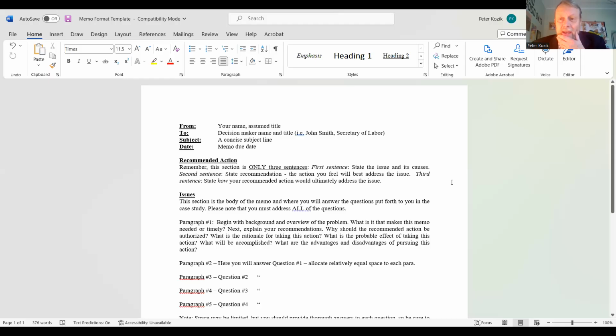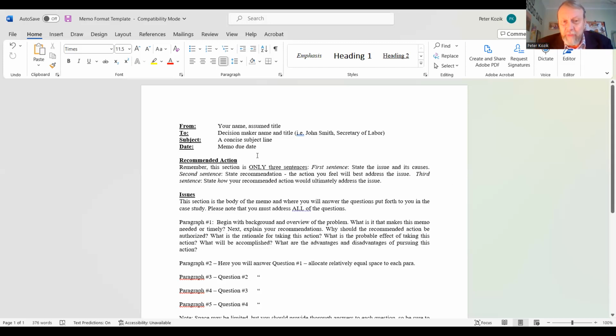And in order to do that, let's take a look at this first. So I'm including this in the folder at the end of week 5 so that you can take a look at what memo writing is like. Again, this is going to be your program analysis, which you're going to complete and turn in at the very end of the course on May 18th. So basically, this is the format for writing any kind of a memo, and these are the basic areas that you can highlight in the memo as you're writing it.